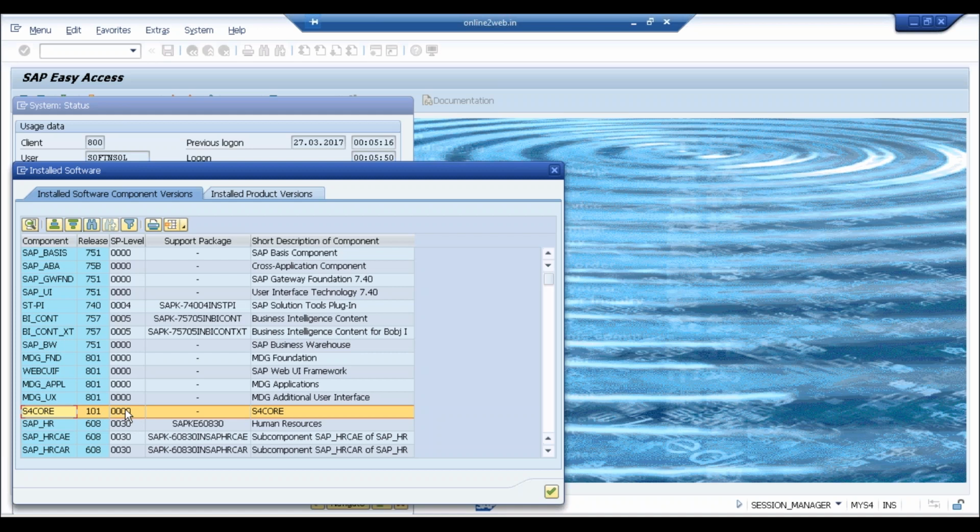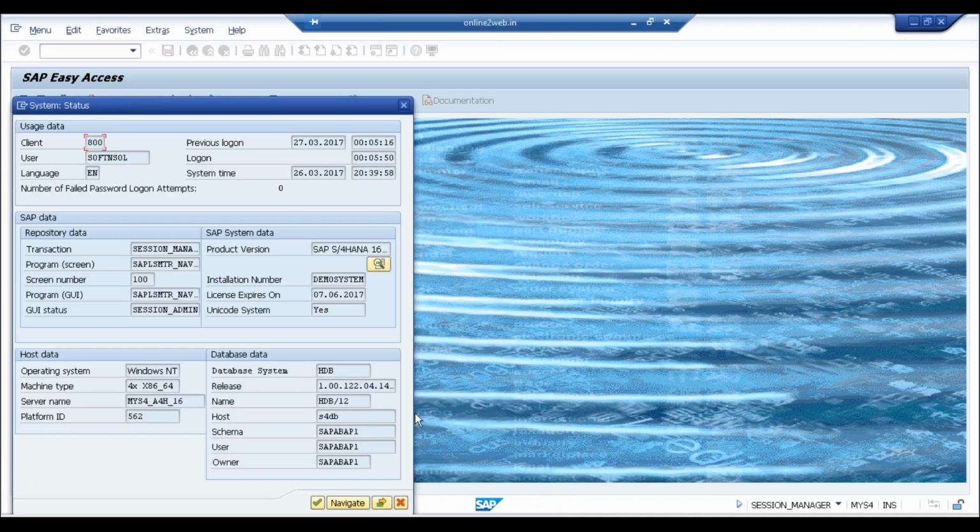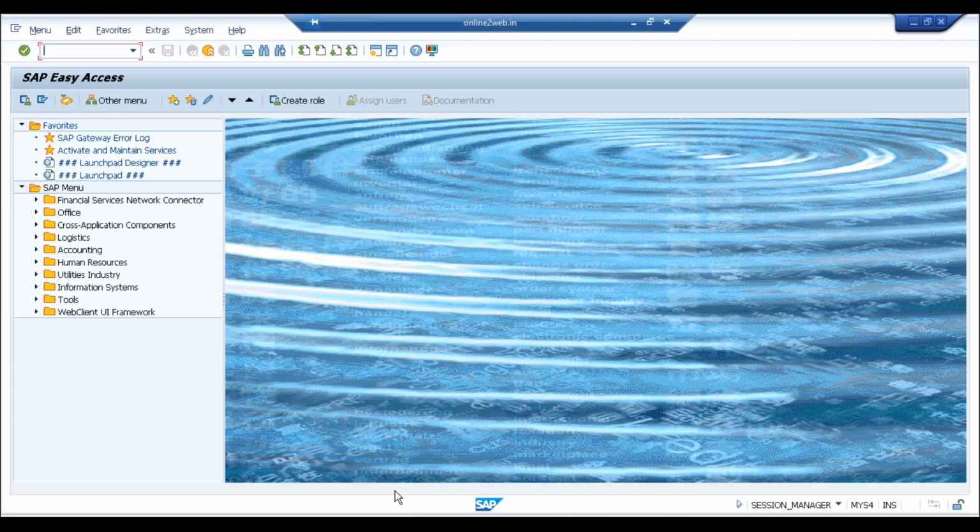Okay, so this is how you can identify the proper version and the SP level of a particular SAP product. Okay, let me just go out of this. Now, I think this is something which was even available in ECC. In ECC also you can check the status like this, and even the SPRO screen, if I show you the